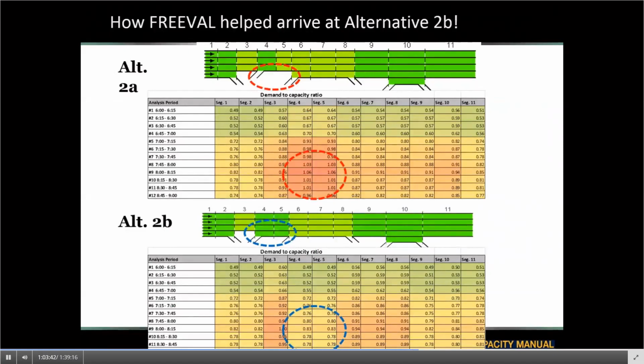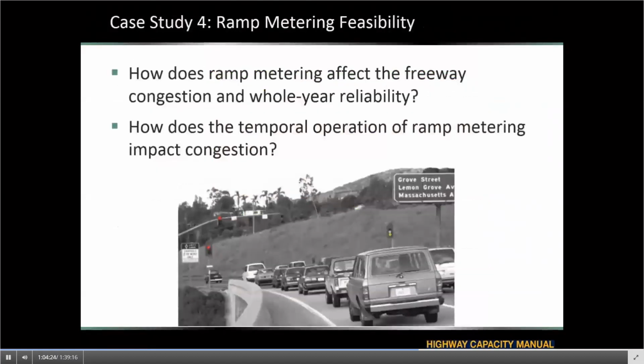So the point in this case study is that because of the diagnostic capabilities, because this is a planning level tool, macroscopic level, where the entire facility is transparent in terms of what the demand to capacity ratios are in any segment, it allows for this type of diagnostic that can be much more difficult to achieve when looking at either sensor data or even when looking at a microsimulation analysis, where both of those give you the existing conditions, but it really becomes more of a trial and error where you try something and see how well it works, versus the HCM method is a direct diagnostic tool, which in my perspective really sets it apart as a very powerful method for looking at freeway operations.